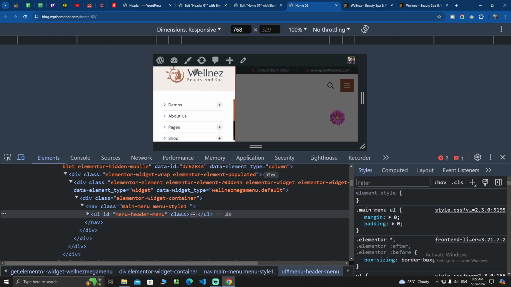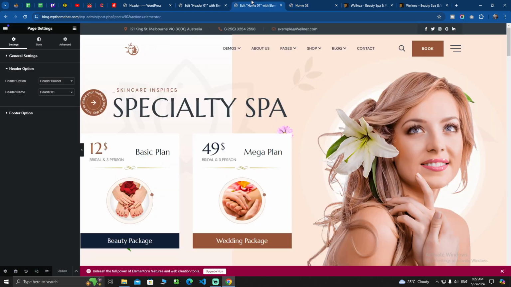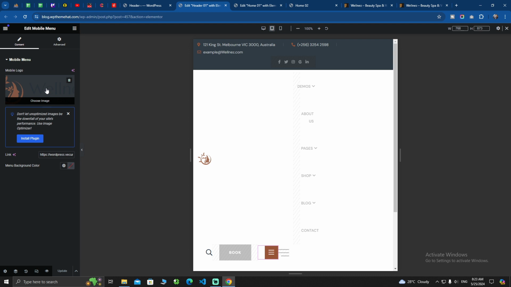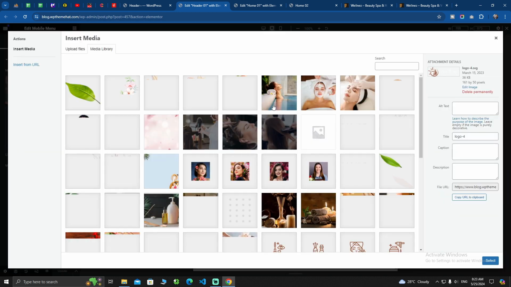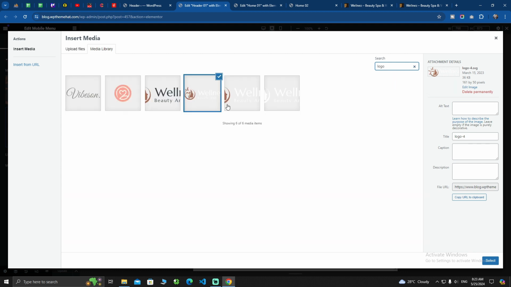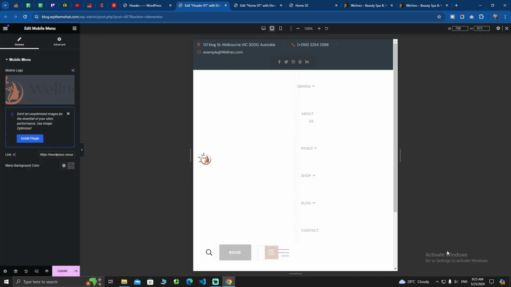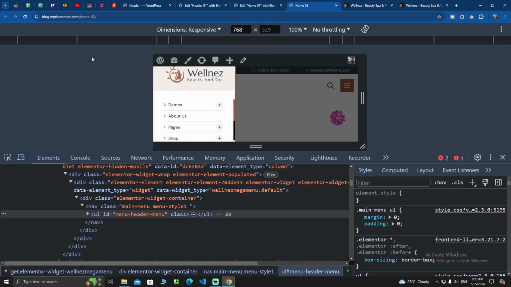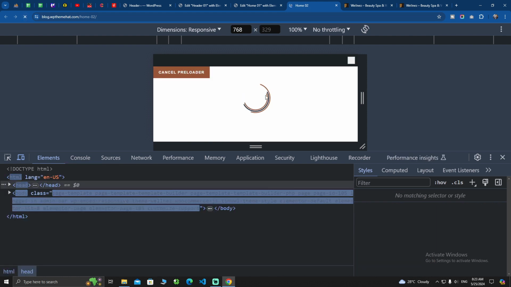And for changing this mobile menu's logo, you need to go here and change this logo. So you can change the logo from here. I'll change it a bit, and search logo, it was a white one, then I will set it to a black one. Then after that I will click on save settings, then click on update. Then in here I will give a refresh,